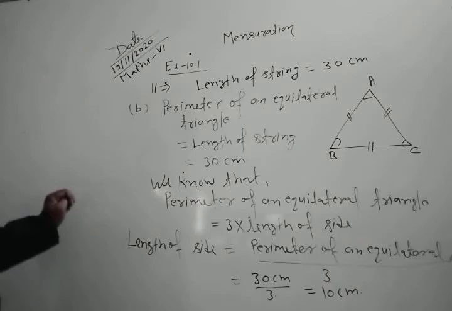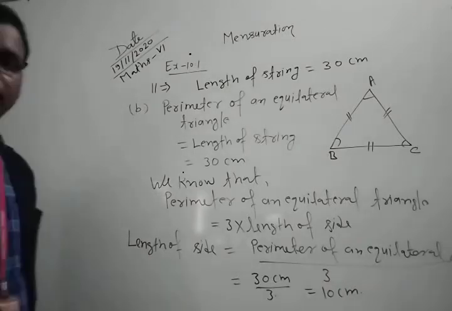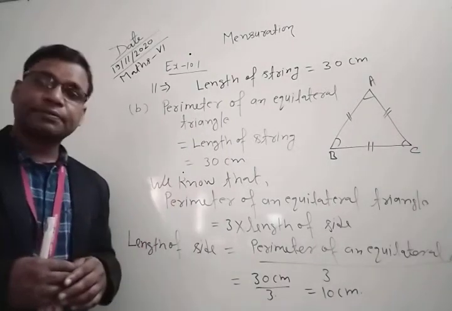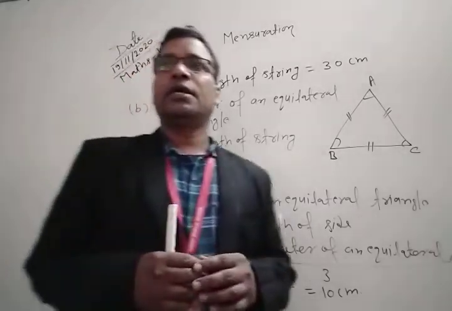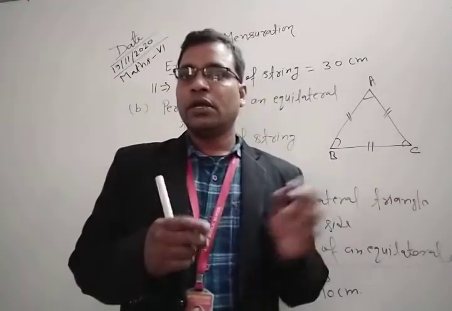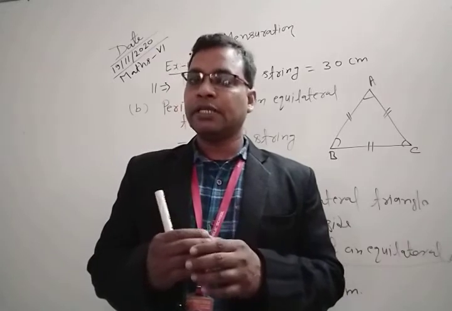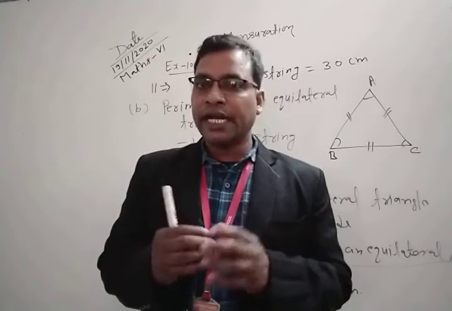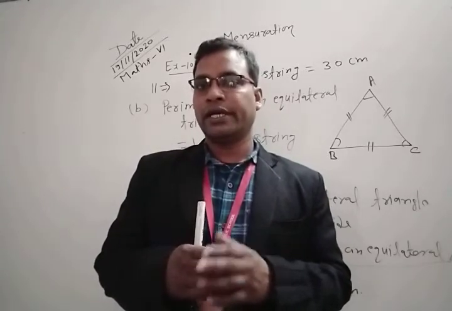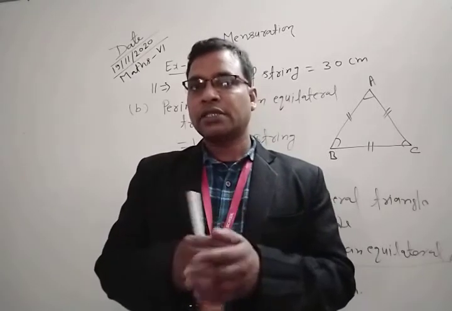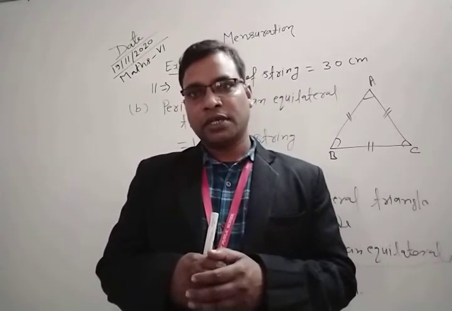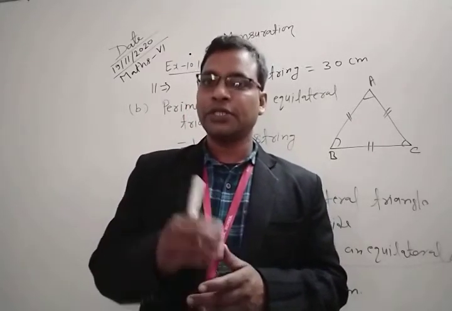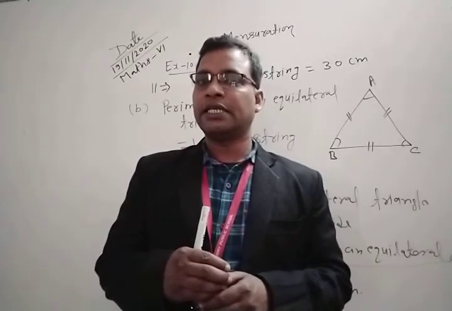This is the B part of question number 11. Now we are going to discuss the next part, the C part of question number 11. What do we have in the C part? The string whose length is 30 centimeter is given, and we reform it to make a regular hexagon. So how many sides are in a regular hexagon? Yes, 6 sides. A regular hexagon has 6 sides and all sides are equal. Simply tell me how many lines of symmetry in a regular hexagon. Of course, your answer is 6 lines of symmetry.